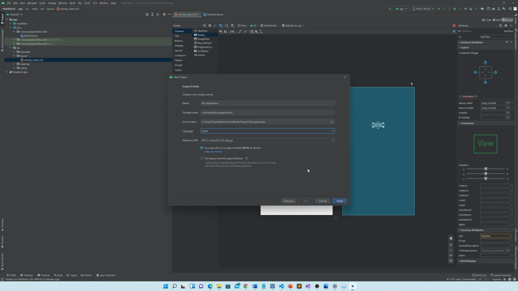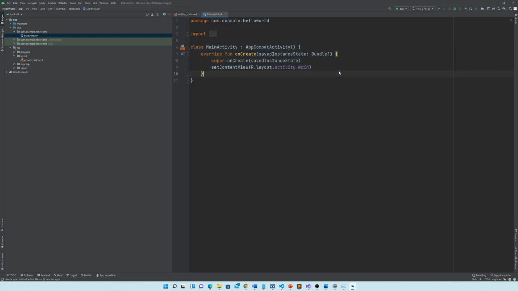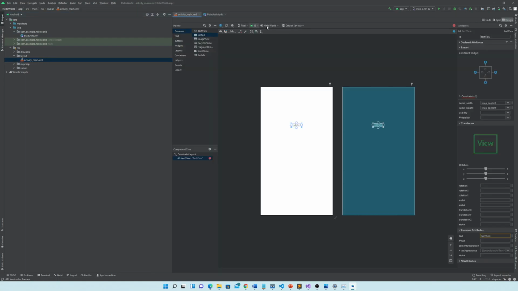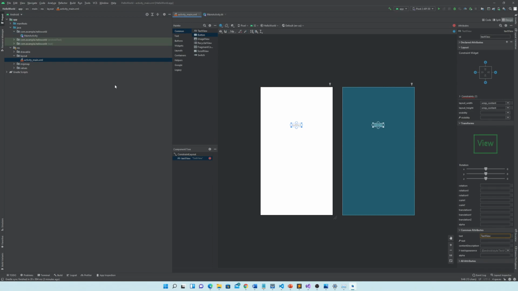It will create a new activity. When you create new, it will create a new project. So once you create a new project, it will come with main activity where you have to put all your coding stuff, and you have activity underscore main, which is the layout for main activity because it is connected over here. You can see. So today we are going to start work with the activity underscore main, which is